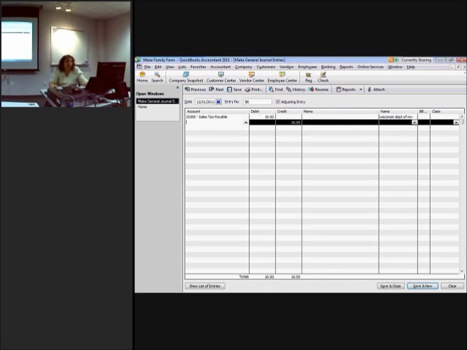We have to put a name in if we're going to use that payable account. You can't use the sales tax payable without putting the name over here, so you just want the name of the vendor. Then we can put in the miscellaneous income over here, and save and close it. That'll do the same thing as that other thing that we just did. Okay. And then going back